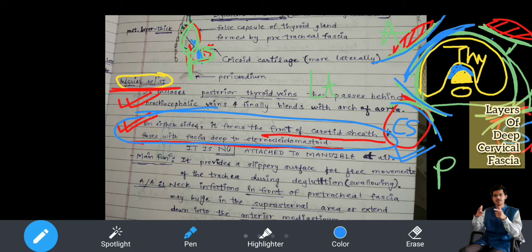You imagine if this would have been very, very strong, only muscles, no fascia, there would have been a lot of friction between the muscles and the thyroid gland and the trachea and the esophagus. What is the role of the trachea? What is the role of the ligaments? What is the role of the fascia? You have already learned in general anatomy. You have already learned in the histology. So you need to know that without fascia, this slippery surface would not have been possible for the free movements